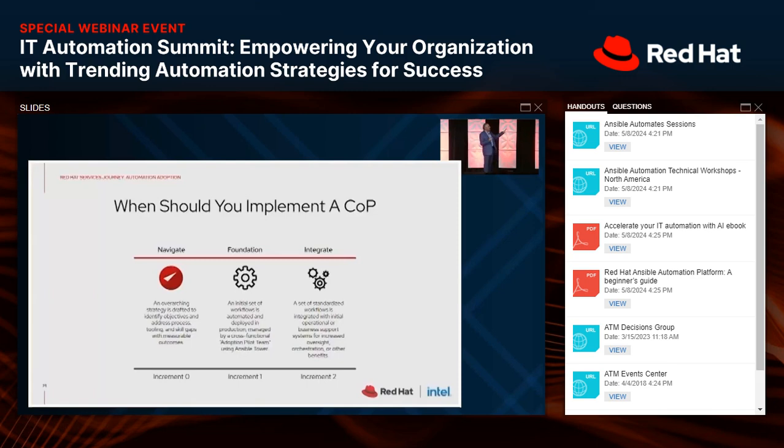So as part of Red Hat Consulting and Services, we have what we call an automation adoption journey approach, where we want folks to start like the theme that was said today: begin small and build big success, right? So we have this journey approach, and you can start the automation COP right at the beginning. You seed it, you have the discussions. You don't need automation in place to have an automation COP. You can grow together.